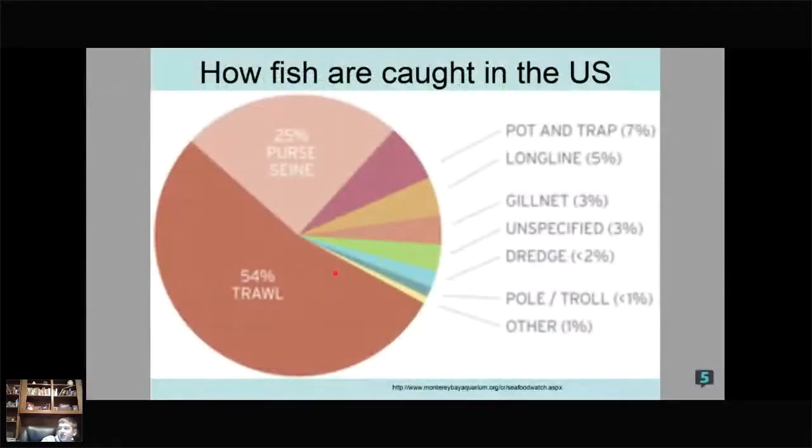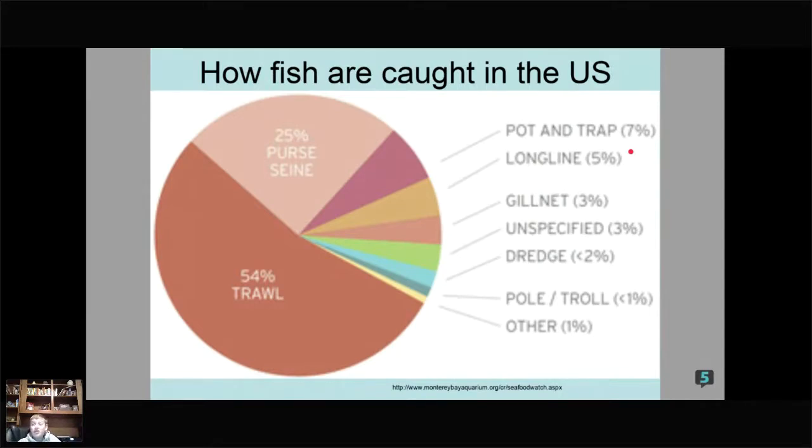Let's see what percentage of fishing that accounts for. 5% in the US. You know why? Because it takes so long to do it. And you have to take the hooks, and you have to put new hooks on once you get the fish off of them. So it takes a lot of time to prep the long line, and it also takes a lot of energy to pull all of the fish in. Imagine having an 80-mile rope you just have to pull piece by piece by piece. There are machines to do it, but it still takes a ton of time.